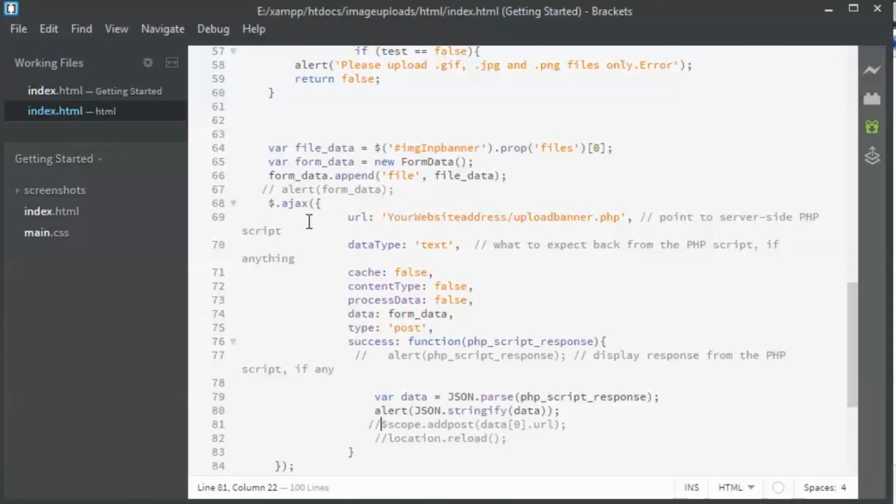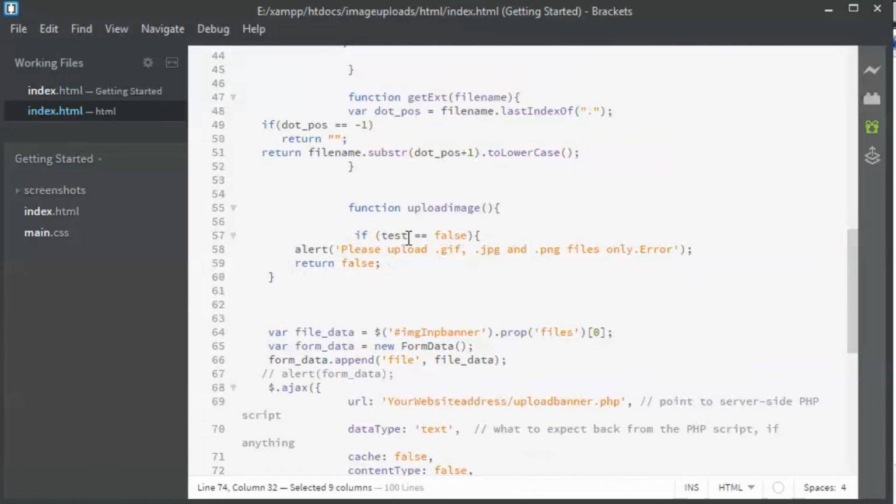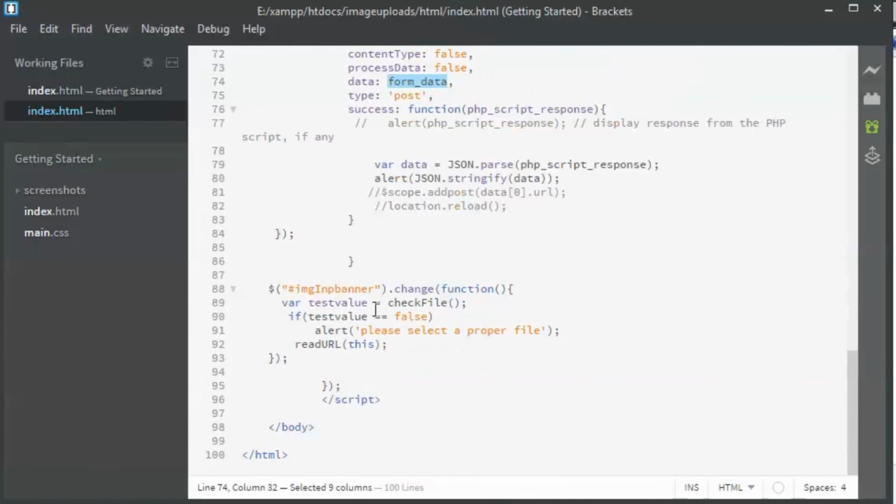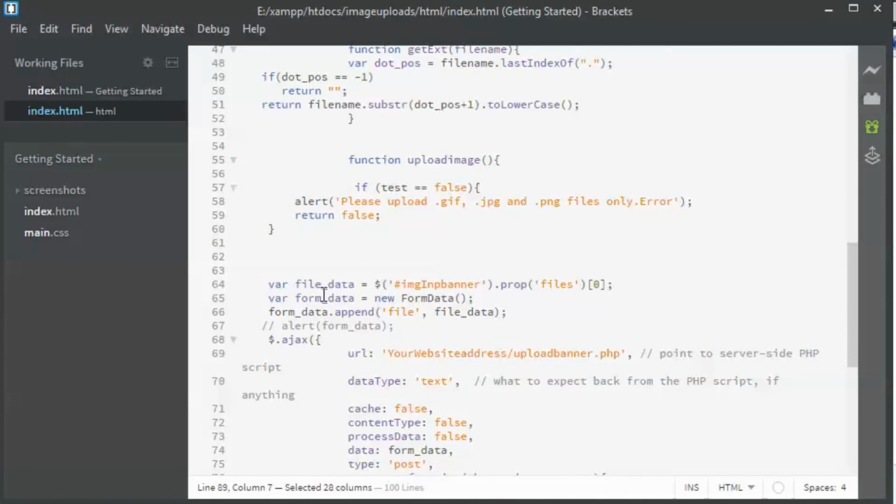Here is where we are passing the form data, and here is how we are getting the image data. The next thing we got to do is copy paste the test value, so that we ensure that the user uploads the correct image, whether the image is properly validated or not.